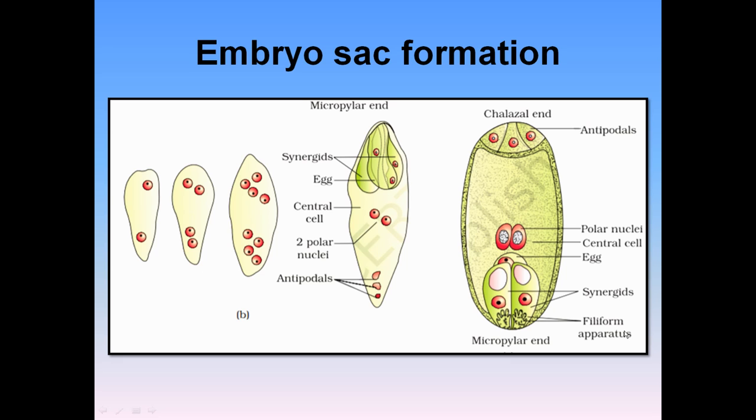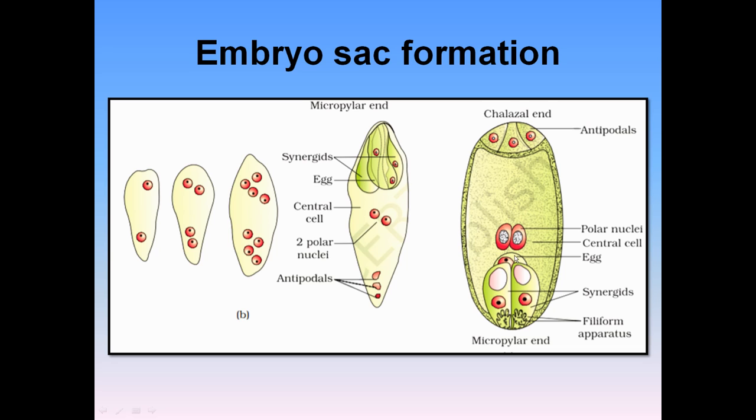These are referred to as filiform apparatus, and they are meant to guide the pollen tube nucleus towards the egg. Where is the egg? The filiform apparatus is going to help our fellow, that is the polar nucleus, and guide it towards the egg. This is a very, very important part of the egg apparatus. And now you have a clear-cut understanding. These synergids are very, very important,